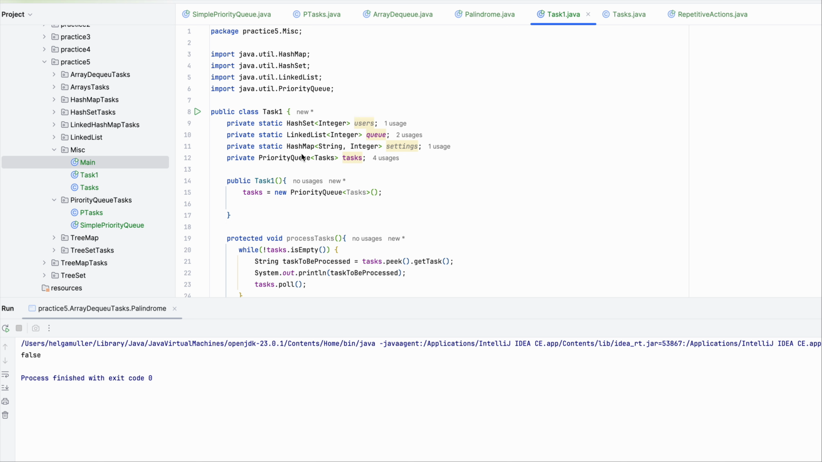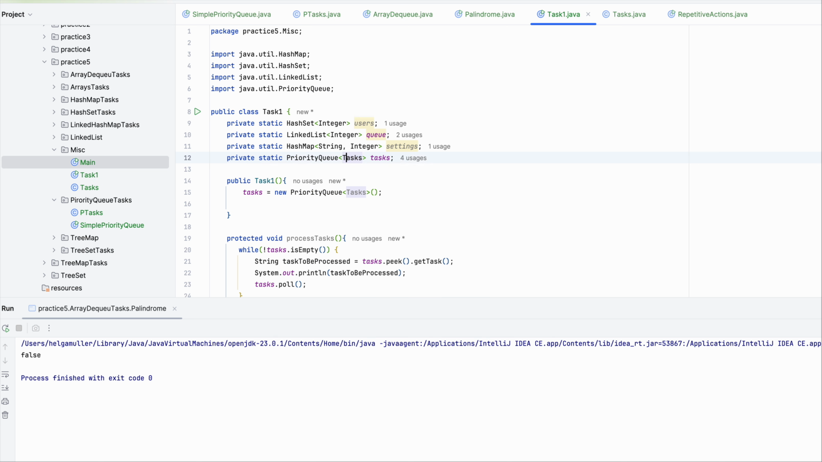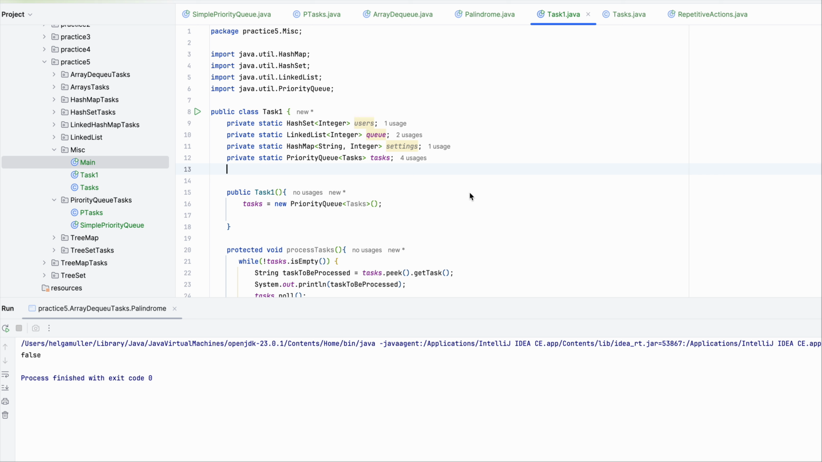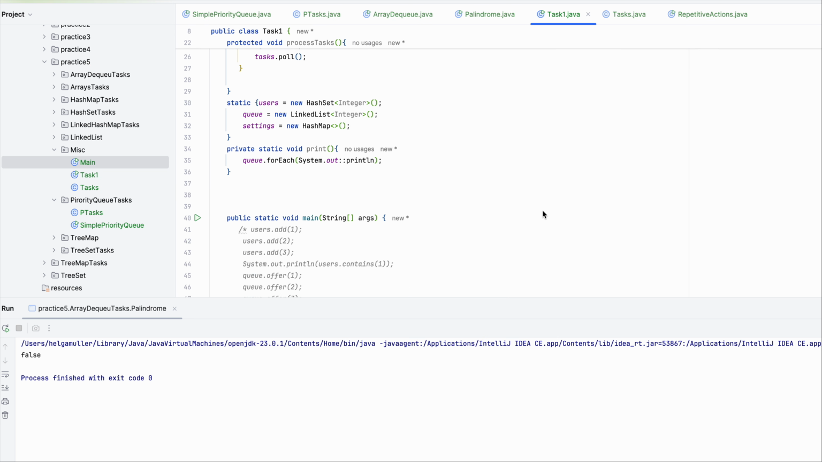So yes, I created private static PriorityQueue tasks, and I didn't initialize it, right? So let's initialize it in static block, tasks as a new PriorityQueue. Okay, and here